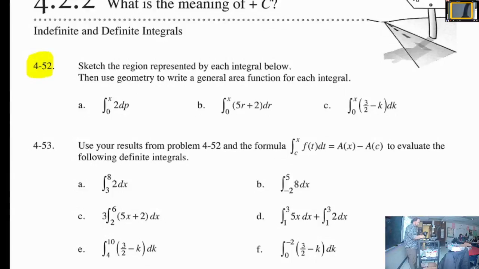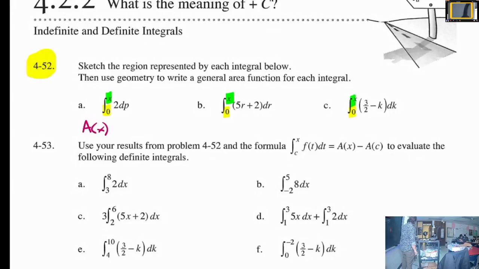It's 4.2.2 today. And the first topic is, I'm going to give you about 5 minutes and kind of walk around and see where you get. I would like you to write the general area function for each one of those three integrals. In other words, what is A of x? The area under the curve from these left-hand boundaries of 0 to any right-hand boundary of x underneath each one